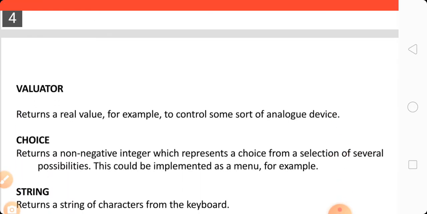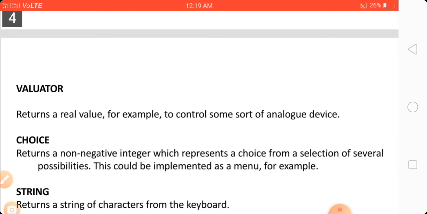Then the evaluator returns a real value, for example, to control some sort of analog device. Next is a choice, which returns a non-negative integer.